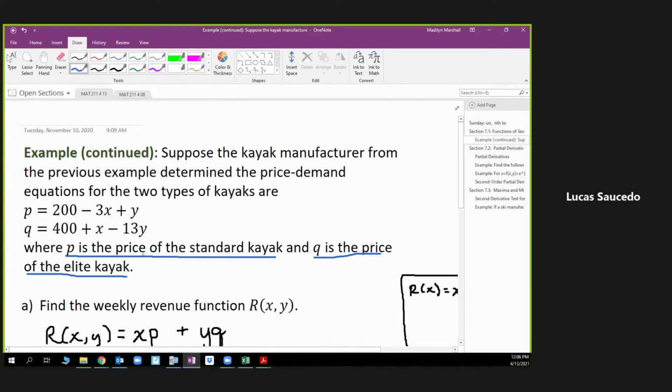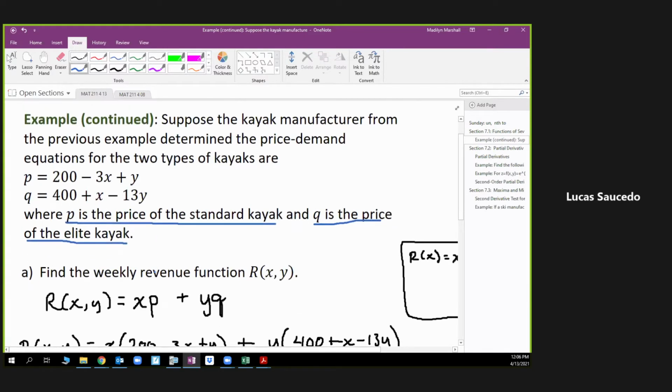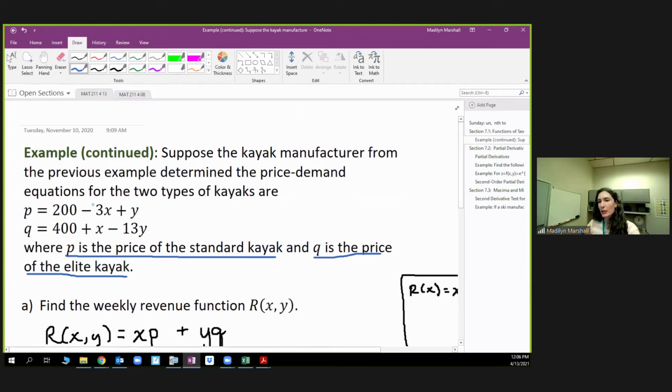So if Q is elite kayaks, then why does it even have an X in it? Yeah, good question. So the Q equals 400 plus X minus 13Y is saying that the price of the elite kayak depends on both the X and the Y. So all of this is how much people are going to be willing to pay based on all sorts of factors, our price demand equation. So it makes sense